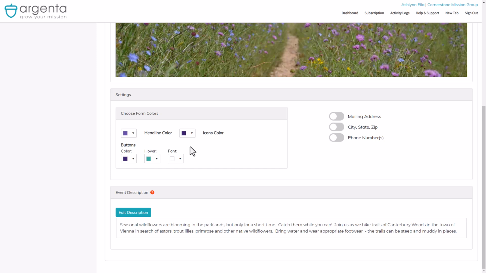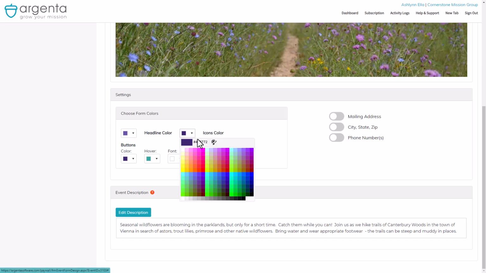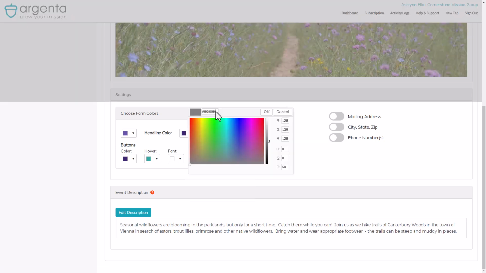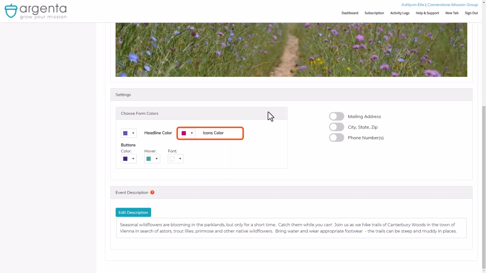There is one more way to choose a color, and that's if you have the RGB or the hex code for a very specific color you want to use. If you have a hex code, you just paste it here. Click outside of the hex code field, click OK, and the hex color you entered will be selected here in